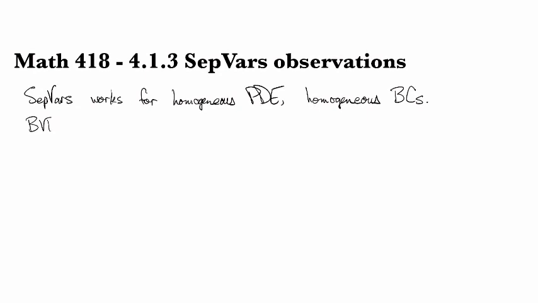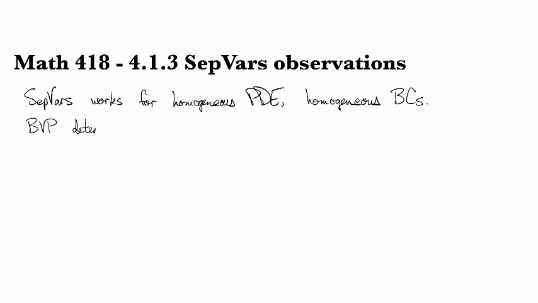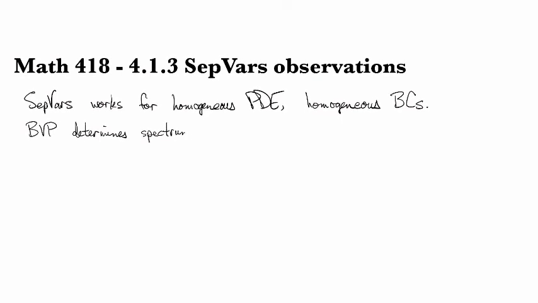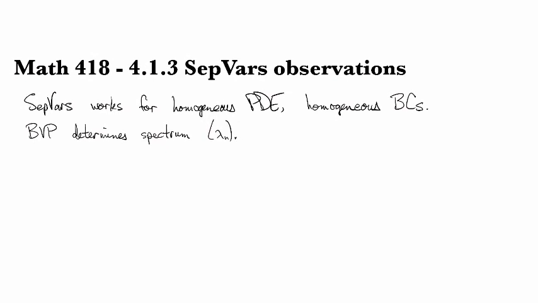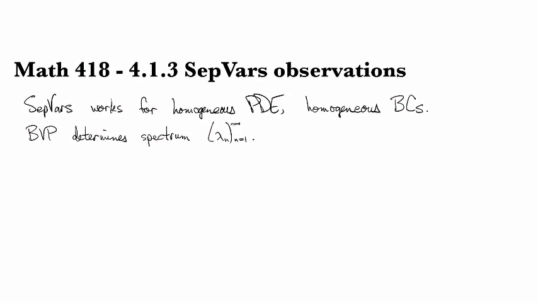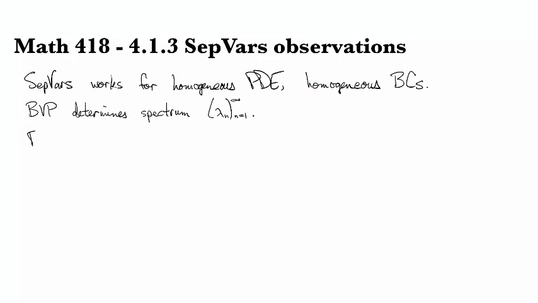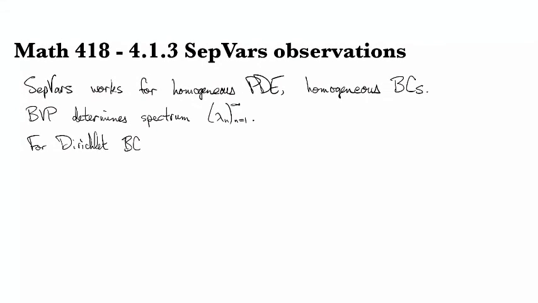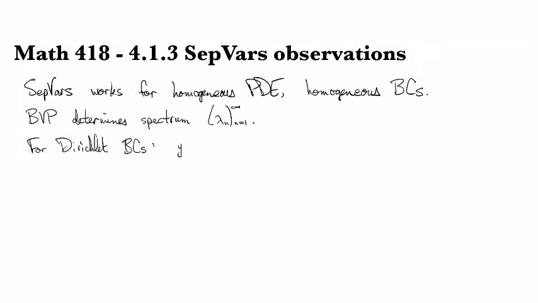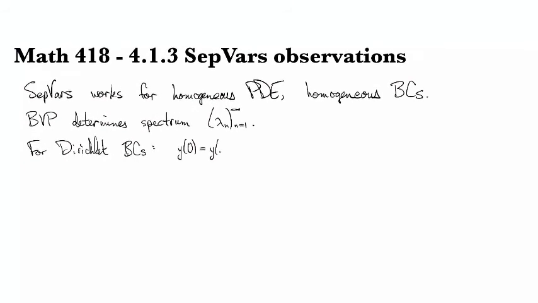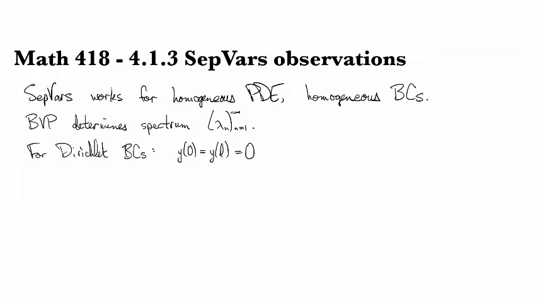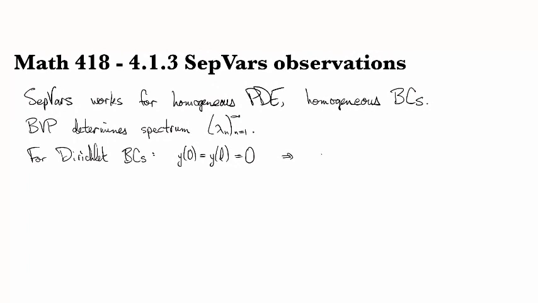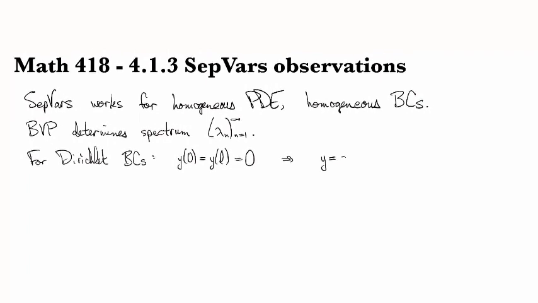It's also the case that it's the boundary value problem that determines the spectrum. So this is the sequence of lambdas that you end up using. And in particular for the Dirichlet boundary conditions, we see that this rolls over onto being Dirichlet boundary conditions for the spatial ODE, and that ends up giving us solutions that look like